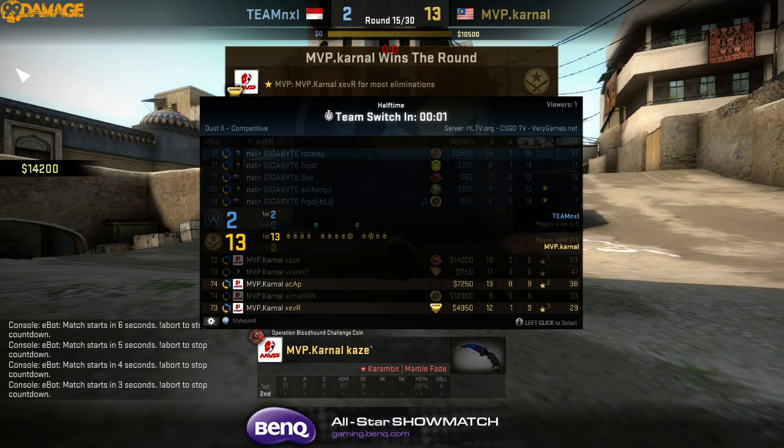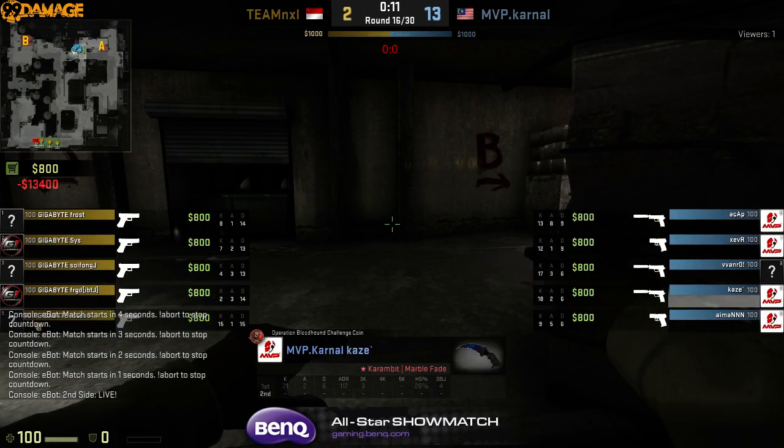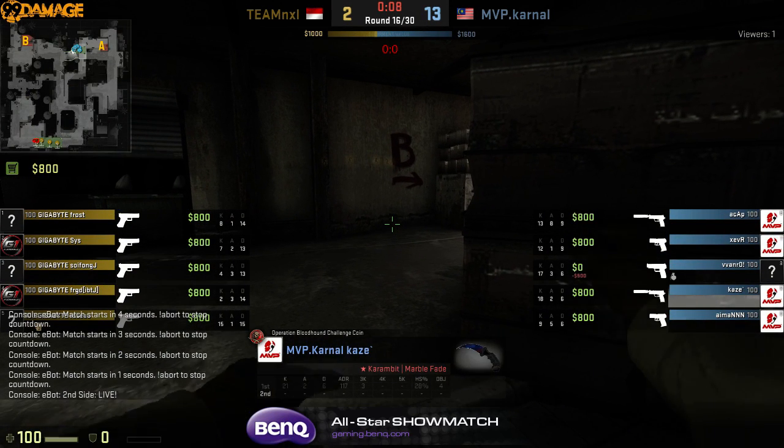Heading into the second half now, NXL and MVP.karnal still 0-0 in the best of 3 series. The second map will be Inferno, and the third map, if we need it,